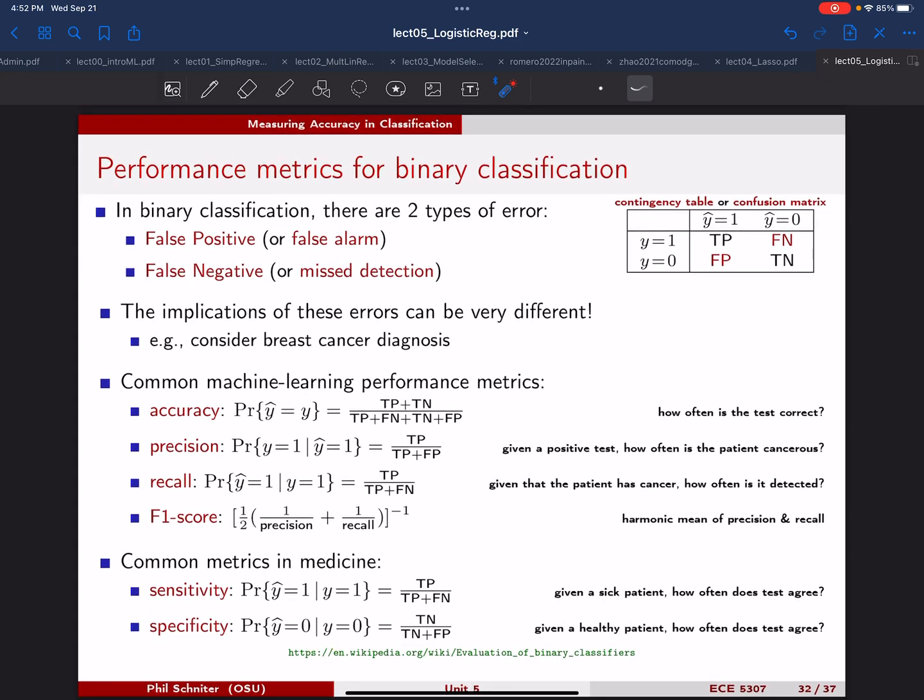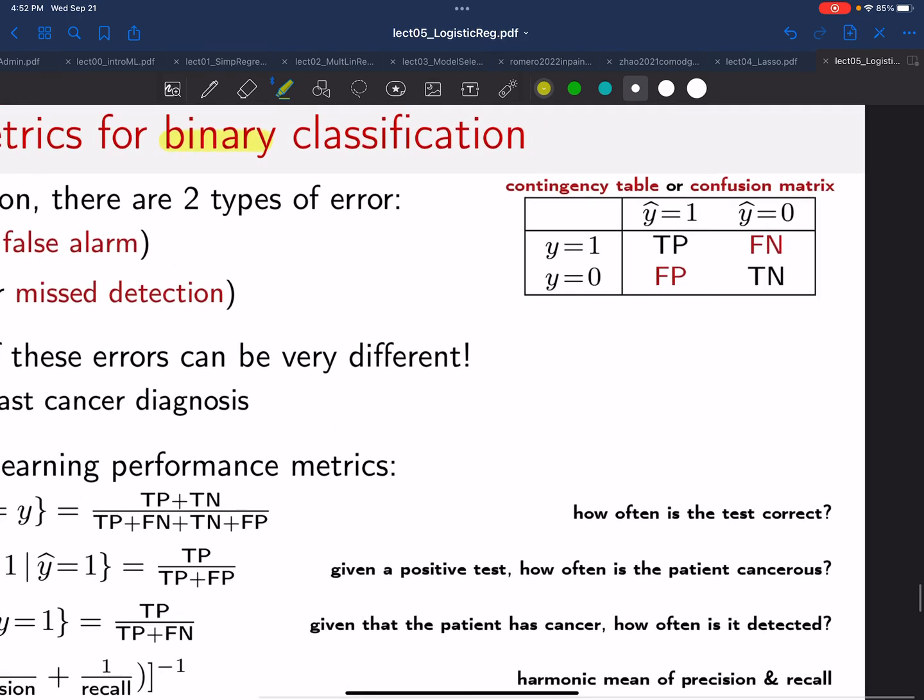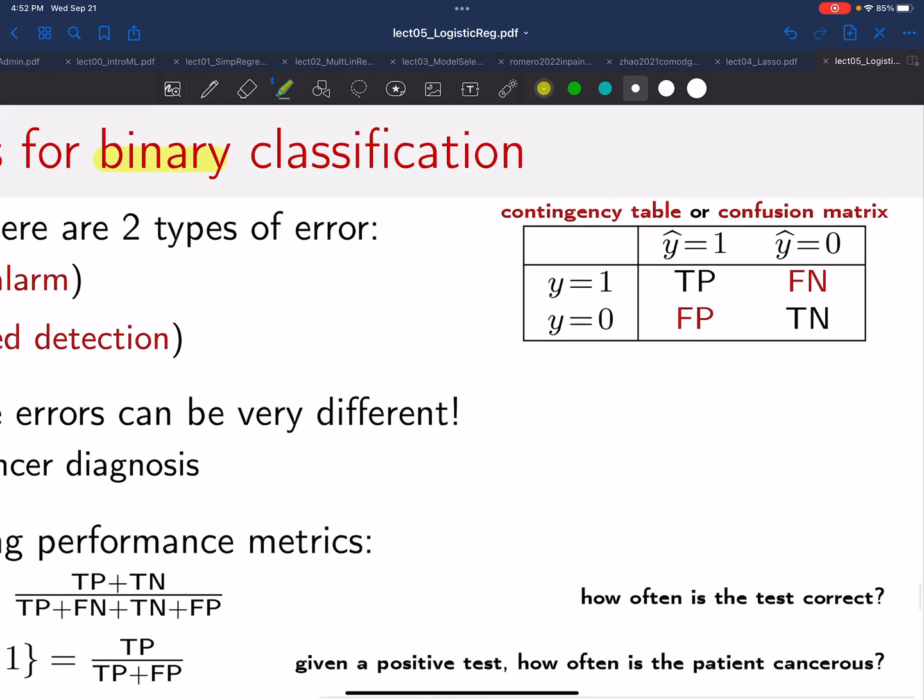Measuring performance in classification is a bit more interesting than in regression. Let's just start with the simple case of binary classification. Even there, it's kind of interesting. When you think about what can happen in binary classification, there's basically 4 possibilities when you think about the true label and the estimated label. So if the true label is 1 and you